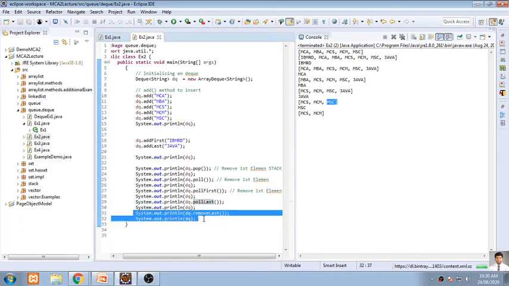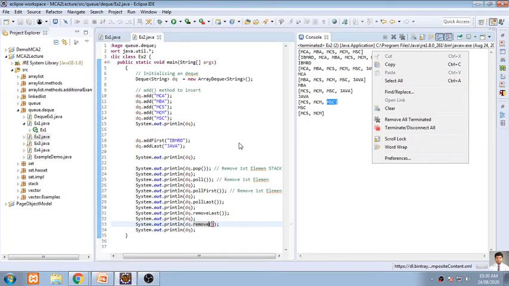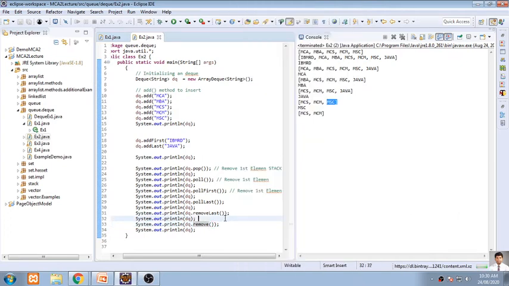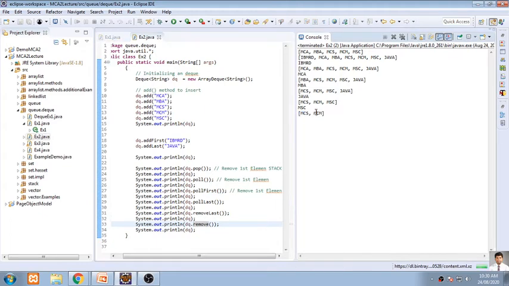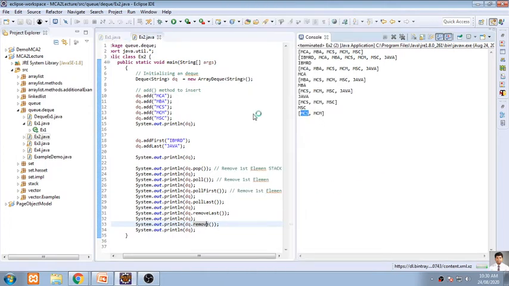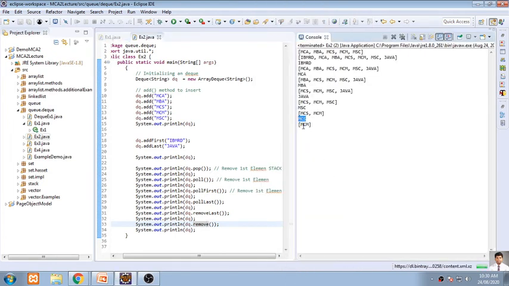If I try to use only remove, then what will happen? Let's go for that also. If I use only the remove function, whether it executes by removing the first element or the last, what do you expect? We have only two elements now, MCS and MCM. So which one will be removed, either MCS or MCM? What is your prediction? MCS, sir. MCS, the first element. Okay. MCS is removed and only MCM remains.